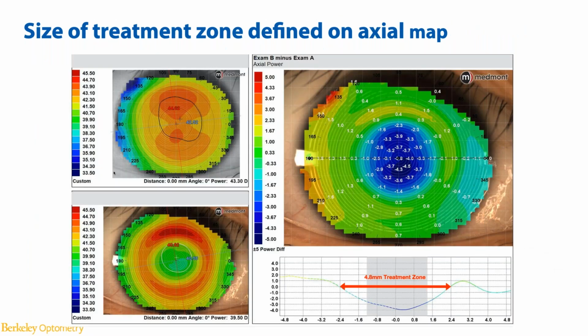So this is how we measure the size of the treatment zone on an axial map. We all know that to actually quantify the change or the actual size of the treatment zone, we're using a difference map. This is the difference map, post minus pre-treatment, on an axial display. The treatment zone is defined basically between the junctions of where, if we take a look at the bottom right,